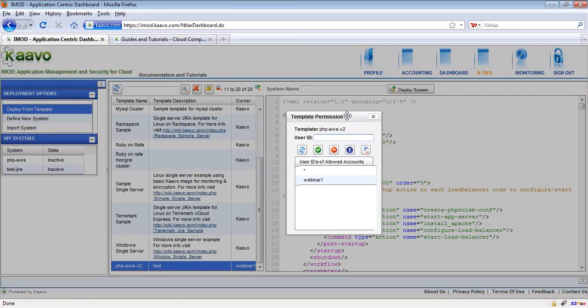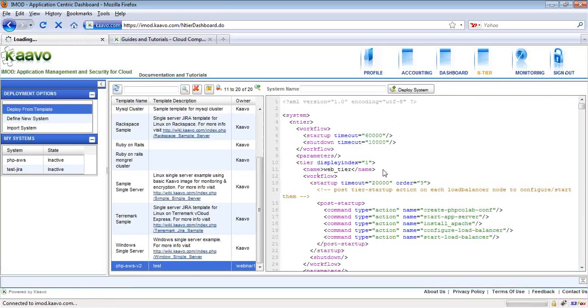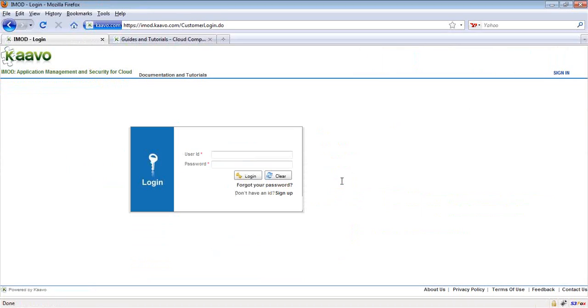Just bring up the window, and then there is this button, reset permissions. If you hit the reset permission button, the permission for this template would be reset to default. Default means only the owner is allowed access to this particular template. Now only one user has access to this template, that is webinar 1.